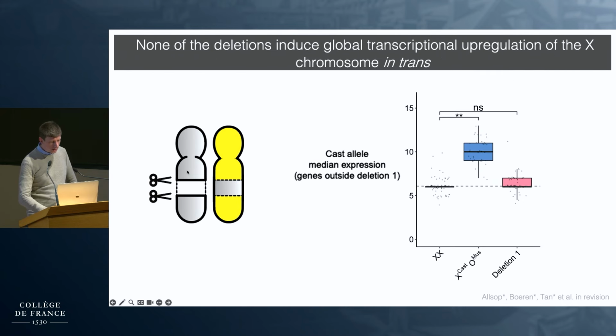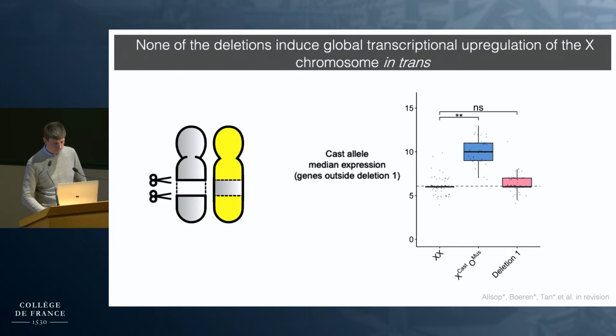So when we delete one piece on one chromosome and analyze gene expression in trans outside of the deleted area, very little happens. So here's the XX control and XO control where we do see upregulation, but in the deleted lines, if we look outside of the deleted area, not much happens. So this is not really supporting the X chromosome upregulation center hypothesis,